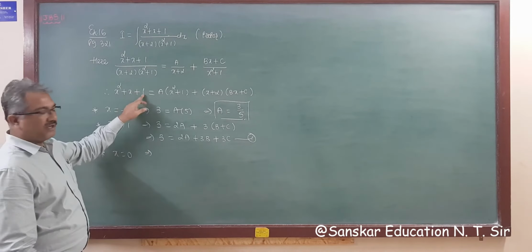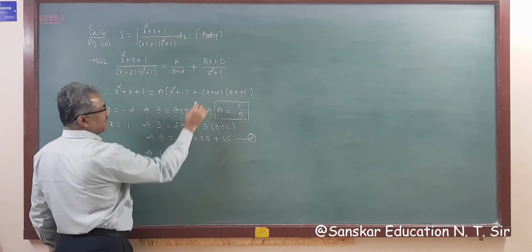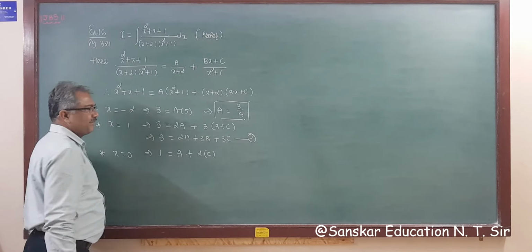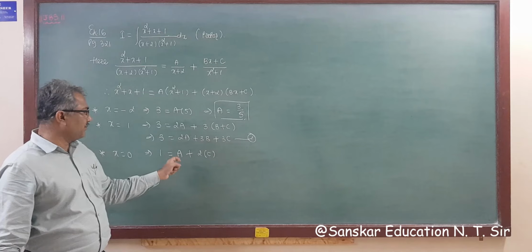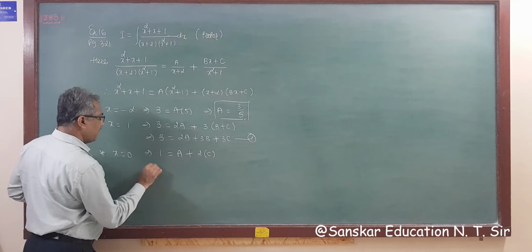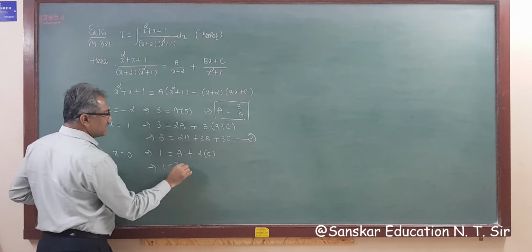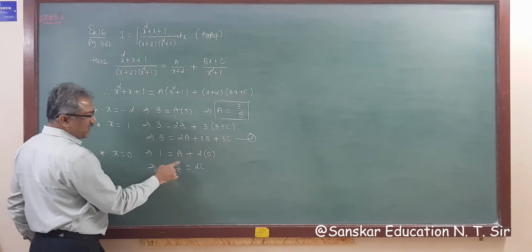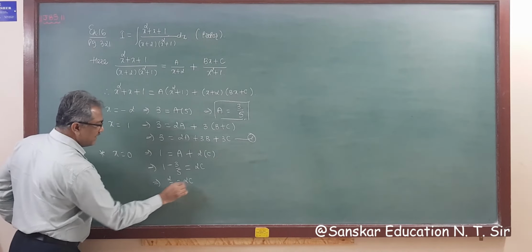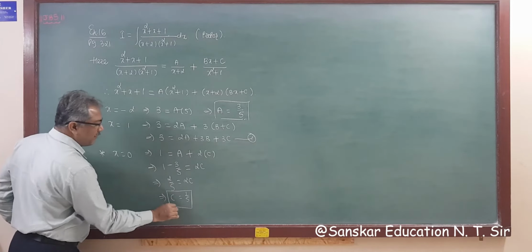Now taking x is equal to 0, so that makes your calculation easy. So 0, 0, 1, so 1 is equal to A times 1, plus 2 and 0, that is C. Right? And the value of A is 3 by 5. So substituting the value of A here, we get 1 minus A, which is 3 by 5, on the left hand side is equal to twice C. So 5 minus 3 is 2. So this implies 2 by 5 is equal to twice C. So the value of C is 1 upon 5. Now remaining is B.